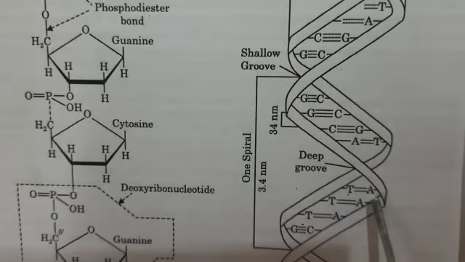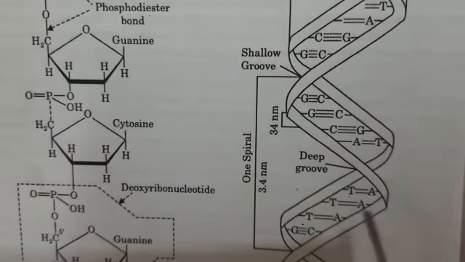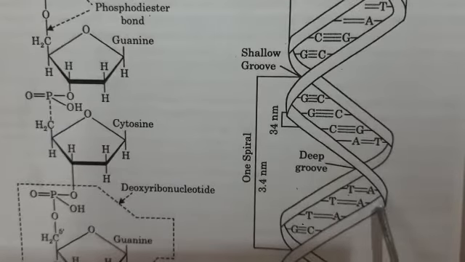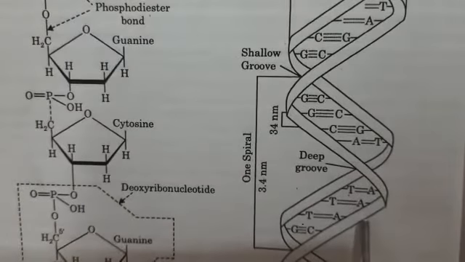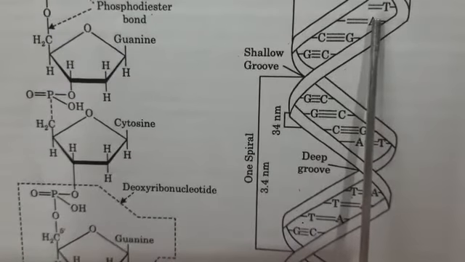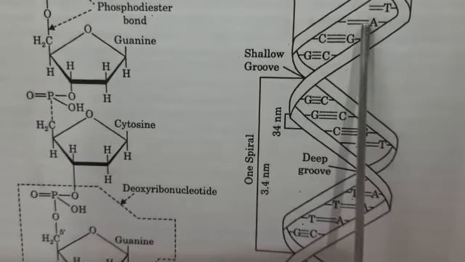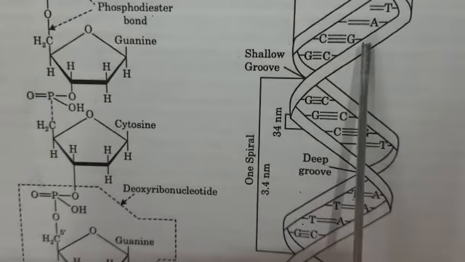Now we have to see that the two chains have opposite polarity or anti-parallel polarity. That is, if one chain runs in the 3' to 5' direction, then the other runs in the 5' to 3' direction. The most characteristic feature of the DNA model is that the two chains are held together by hydrogen bonds between their bases. The purines of one nucleotide chain pair with the pyrimidines of the other,